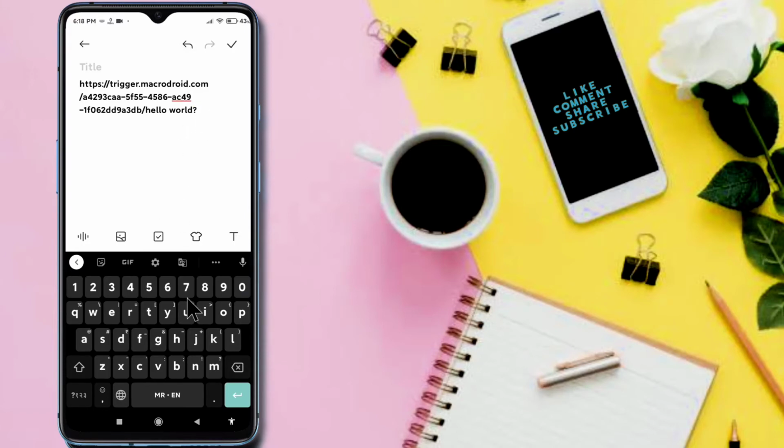The integer parameter name is int. Now my integer variable value is 0, and I want to assign it 59. My string is now empty. The name of the string parameter is str, equal to. Now I want to store some text in my string variable, so I am storing the text, how are you?